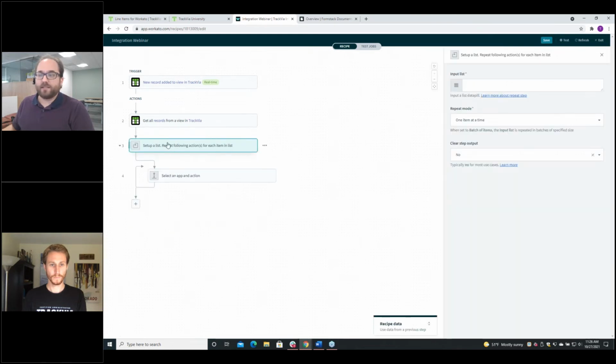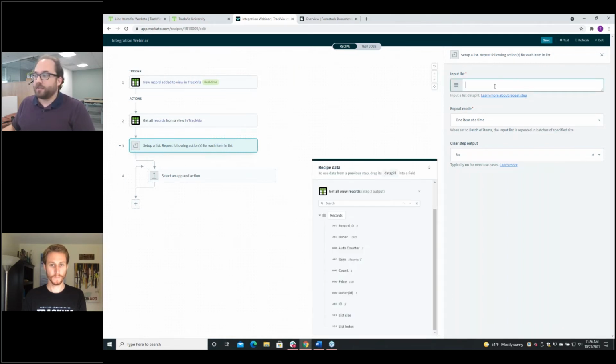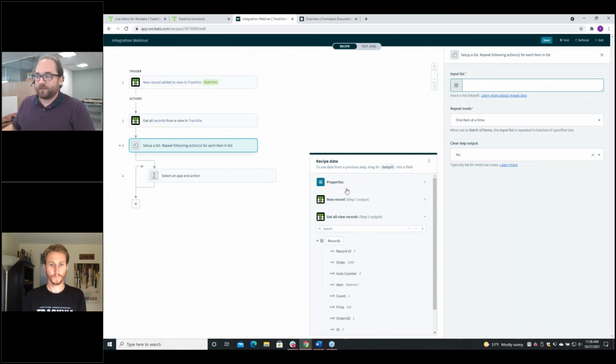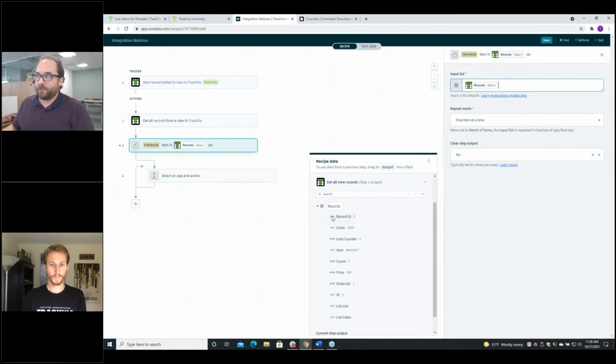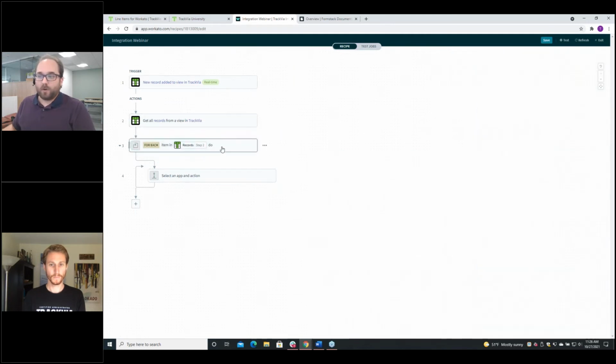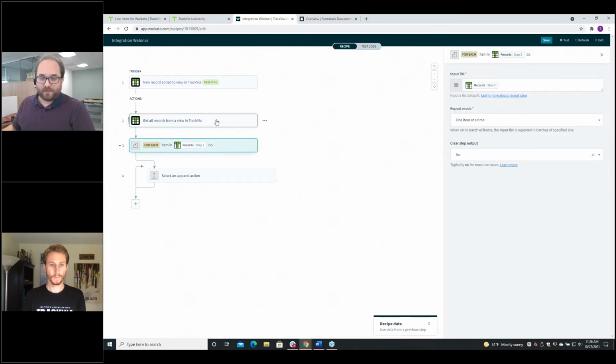And what this means is that it's going to do it for each item in the list. I'm going to choose for the basis of that repetition all of the records from step 2. So see how we have step 1 here and step 2 here. Rather than picking individual fields, since it's asking me for an entire list, I'm able to click this and put in all of the records. What I'm basically saying is I want to loop through everything it found on step 2. It may just be 1 record, it may be 10 records, but I want it to loop through each one of them, and I want it to do something one by one as it does that.